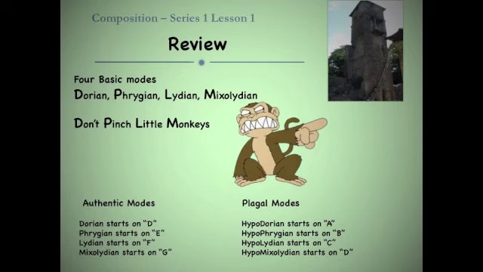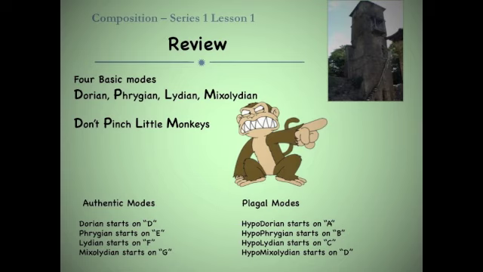There are hypo versions that start on the note that's 4 backwards from the beginning note. Let's go down the musical alphabet backwards from D. D, C, B, A. The Hypodorian goes from A to A. Let's think about the Phrygian. It starts on an E, right? Let's count backwards from E. E, D, C, B. Goes from B to B. The Lydian starts on an F. Let's count backwards from F. F, E, D, C. Hypolydian goes from C to C.